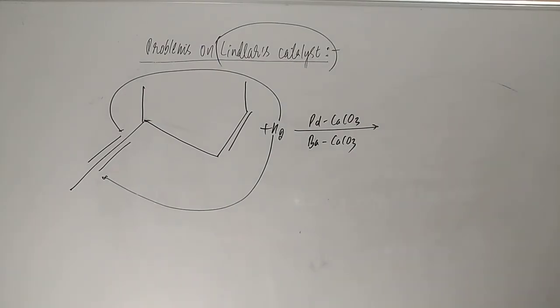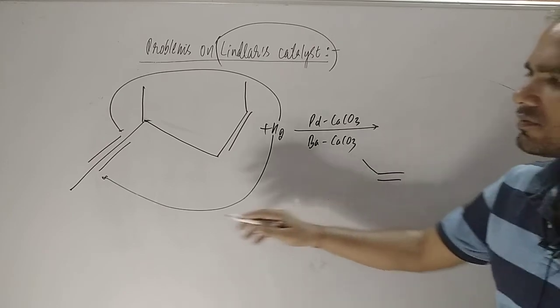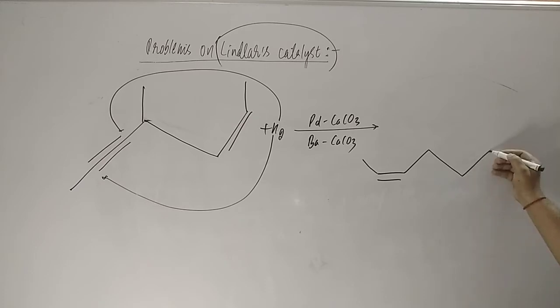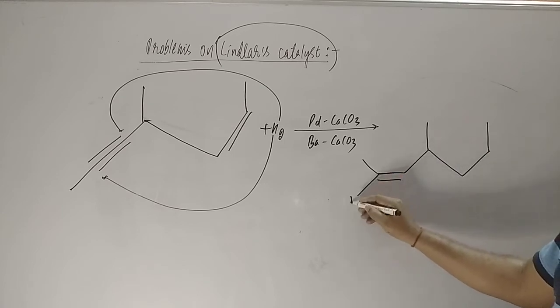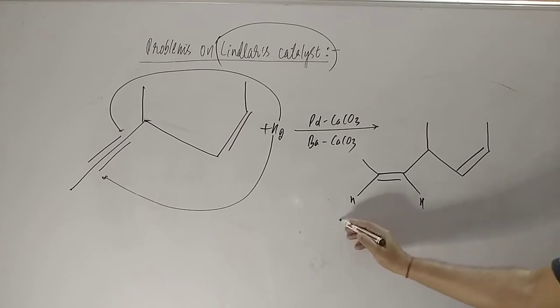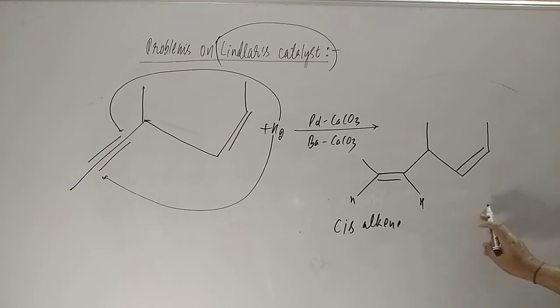So how will the product be formed, students? Firstly, you take this double bond. One side has this methyl group, and the other group is already there. Then it comes out like this, and here is the same group, and hydrogen comes out here. Here is the double bond. So you see, students, this is again a cis alkene. That is the required compound we need, right students?